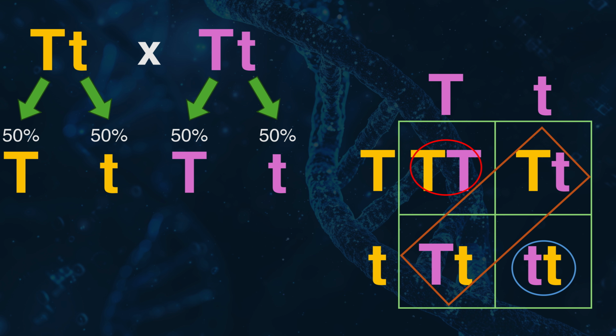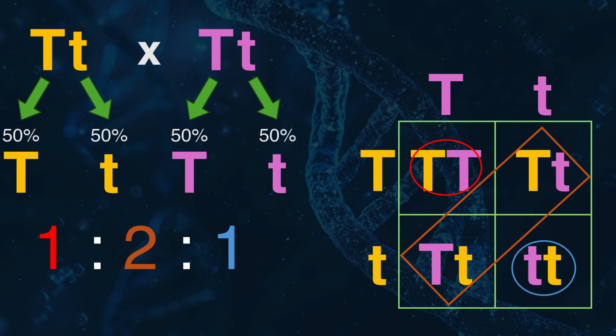We can see that there is one big T big T genotype, two big T little t genotypes, and one little t little t genotype predicted. So the predicted genotypic ratio is 1 to 2 to 1, which we can express as